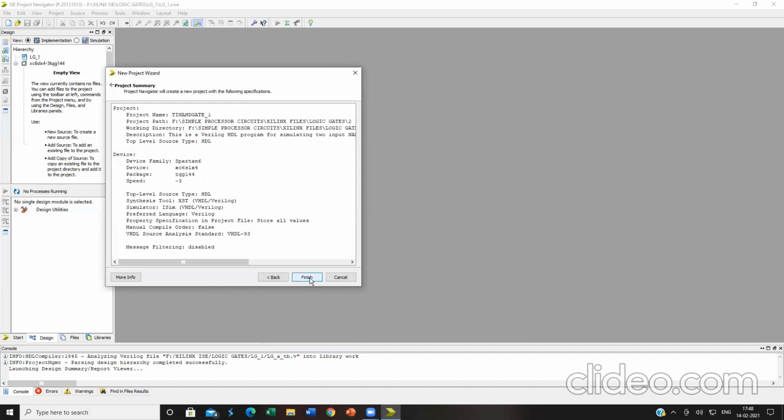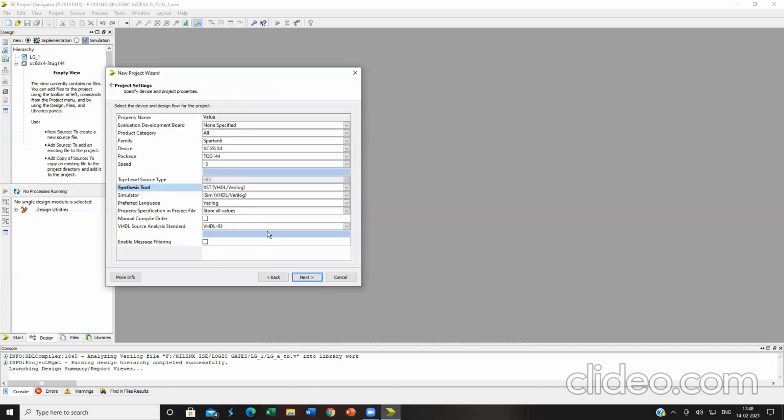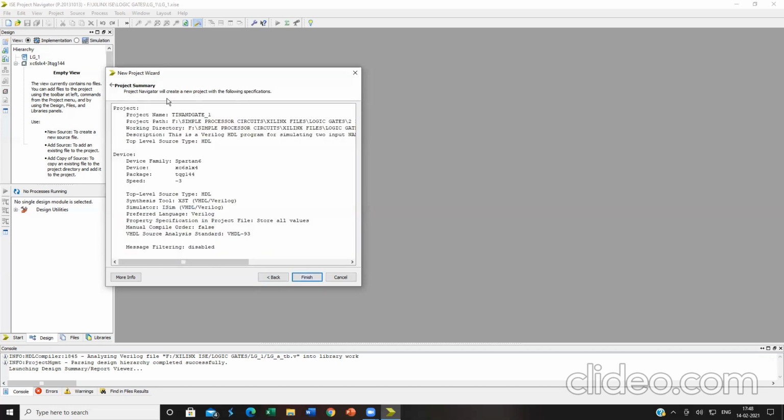So this will provide the project summary. The project summary tells you the name of the project, where the project is being stored, for what FPGA you are going to write this project, what the synthesis tool is, what the simulator tool is, what the language is. Everything will be mentioned as a summary over here. If you find any discrepancy in what you have selected, you can go back and perform the edit operation. For that purpose, after each setting you have done, Xilinx provides you a summary of what you have done so that you can make any corrections afterwards. So kindly click on finish.